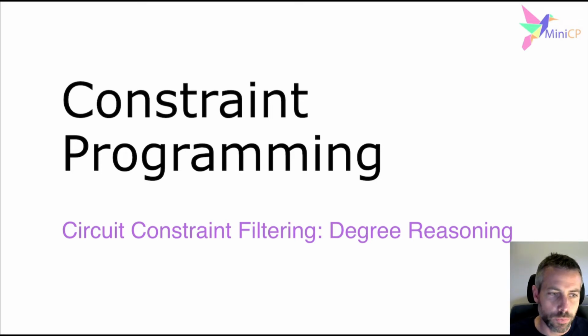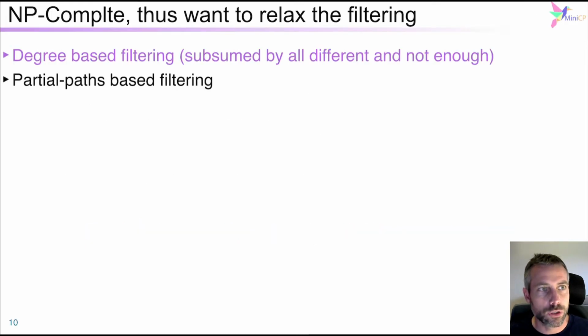In the previous video, we have seen the bad news that achieving domain consistency for the circuit constraint was an NP-complete problem. Therefore, we need to find a relaxation. One possible relaxation to do the filtering for the circuit constraint is to do a reasoning based on the degree. As you know, the degree in a Hamiltonian circuit